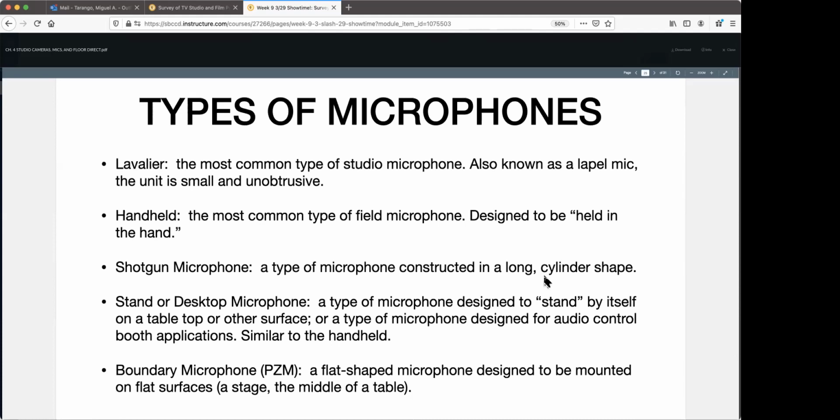Types of microphones. If any of you have done interviews, you've used a lavalier. These are the most common type of studio microphones. They're also called lapel mics. They're small and unobtrusive, the tiny little microphones that we use. We have lots of those in our studio program, and we use those